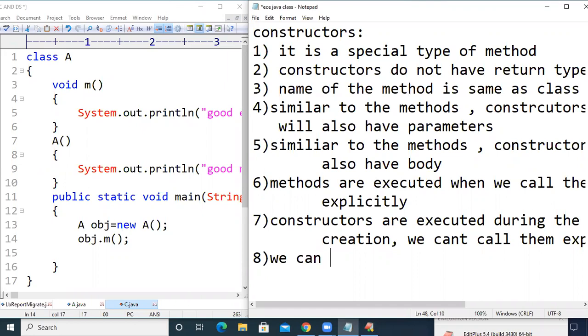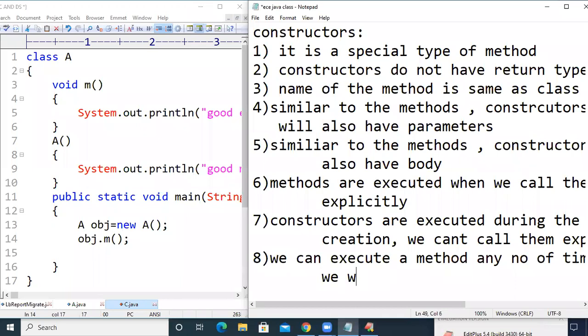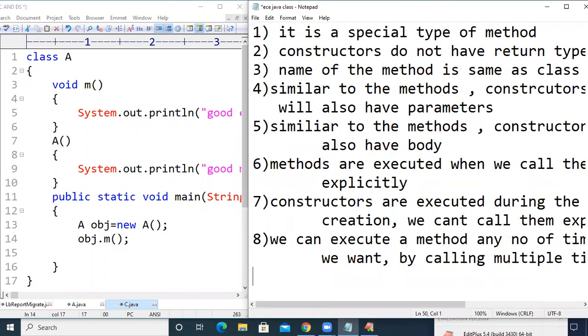Now let us discuss the next one. We can execute a method any number of times we want by calling it multiple times.